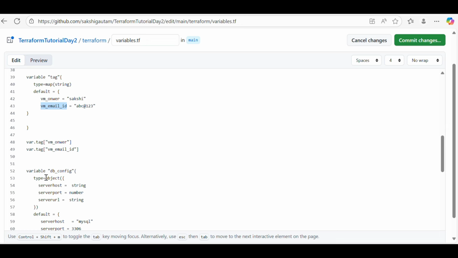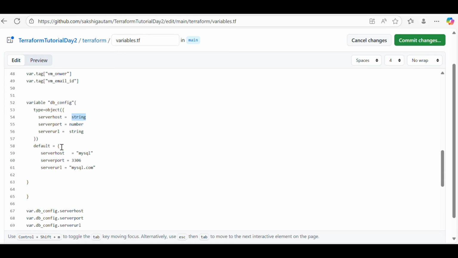In this we have to give object first, and in the object we need to define in JSON that okay, this is the name and this can be string, this is the key and this can be number, and this is again another key and this can be string. And in default, similarly, we need to define the default values of all those keys. And then if we want to call it inside the main.tf, then we need to call it using